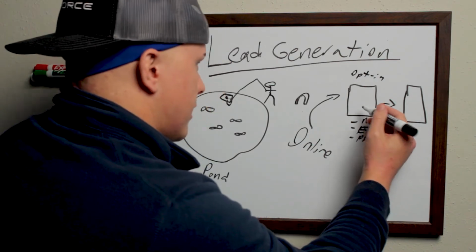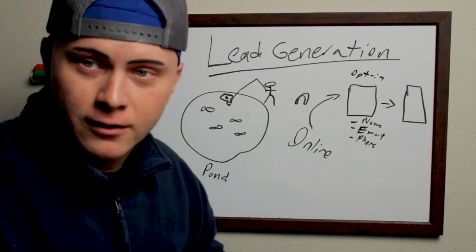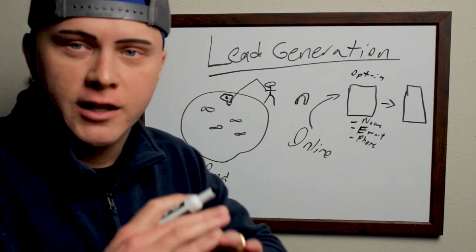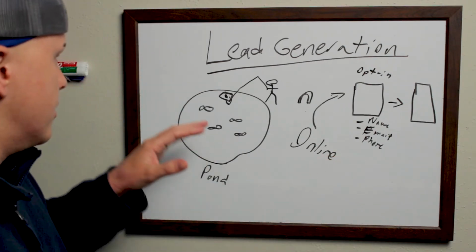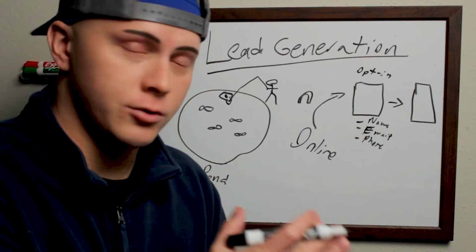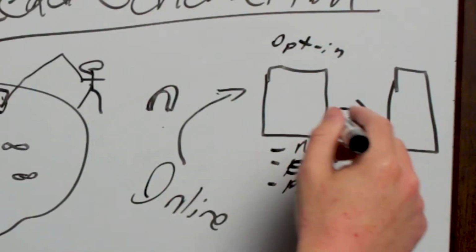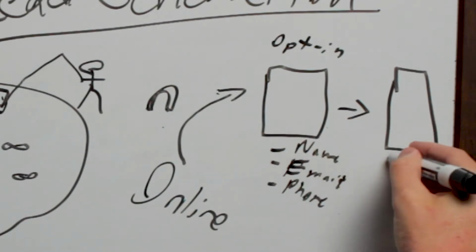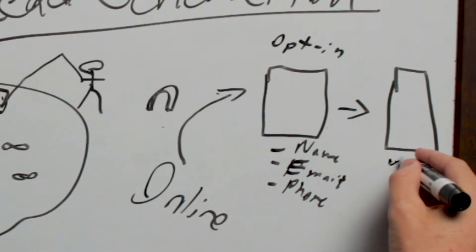Anyway, on this page, I'm not going to get deep into all the psychology and the elements that you need to have on this page, but I'm just trying to give you a base understanding of how this works. You're going to get their information here, and they're taking action based on what they saw here. They said, hey, this is irresistible, this is of value to me, this can be great. Okay? Then they go to this page, and then boom, that's where you give them what you promised.